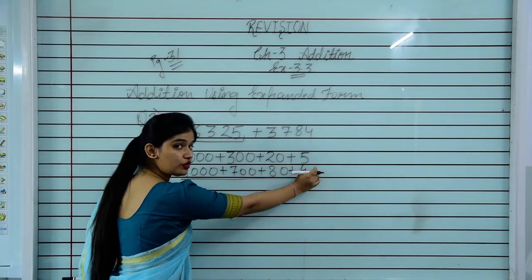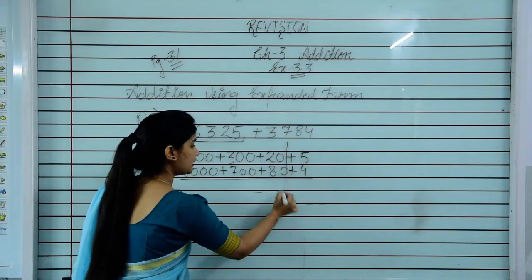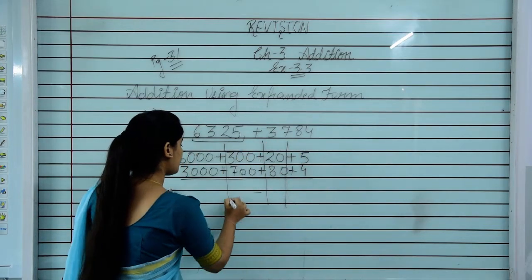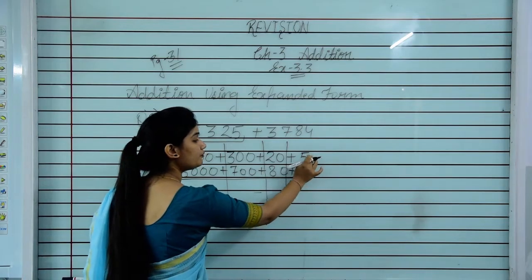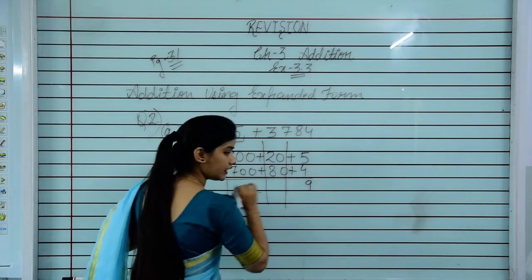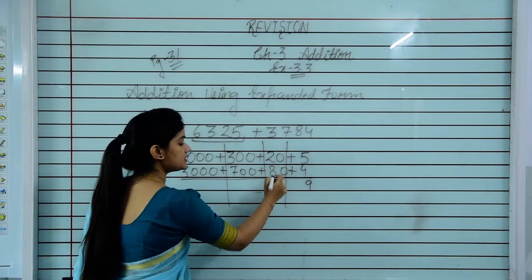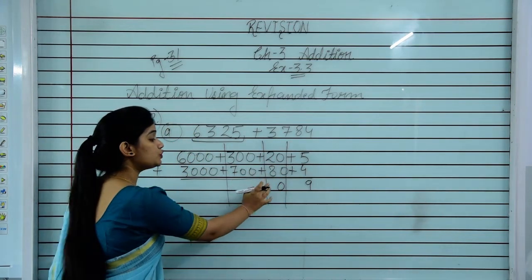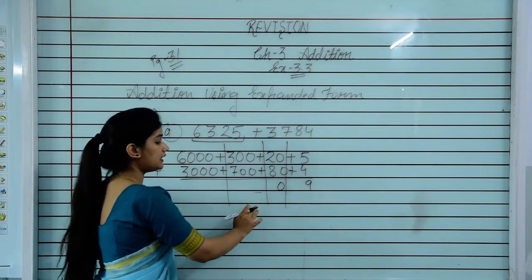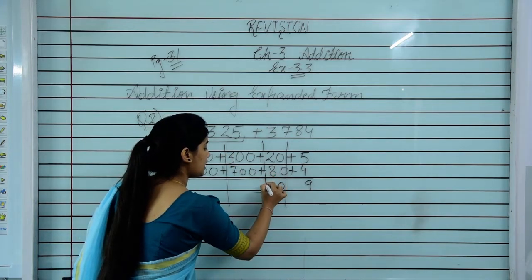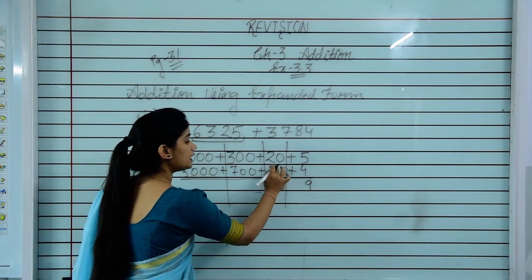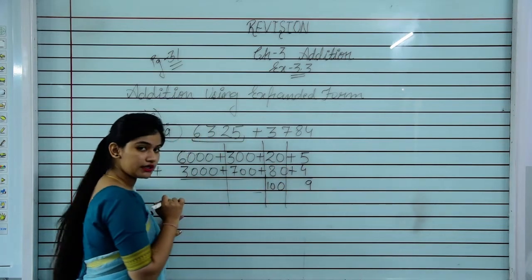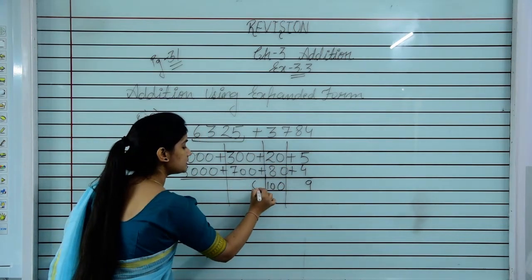So we are starting from this side and we are making these blocks. Yes, 5 plus 4 will be 9. 0 plus 0, 0 and 8 plus 2, 10. Students, अब जो 1 है हम उसको इस पर कैरी नहीं करेंगे. That's why I have made the blocks here. 8 plus 2 will be 10. Understood? 0 plus 0, 0.